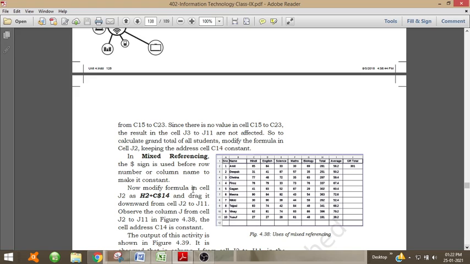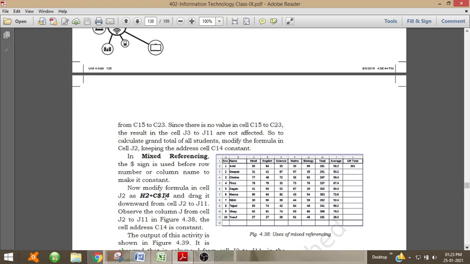Now modify the formula in cell J2, that is for the column GR total. We are modifying the formula in cell J2 as H2 plus C$14.